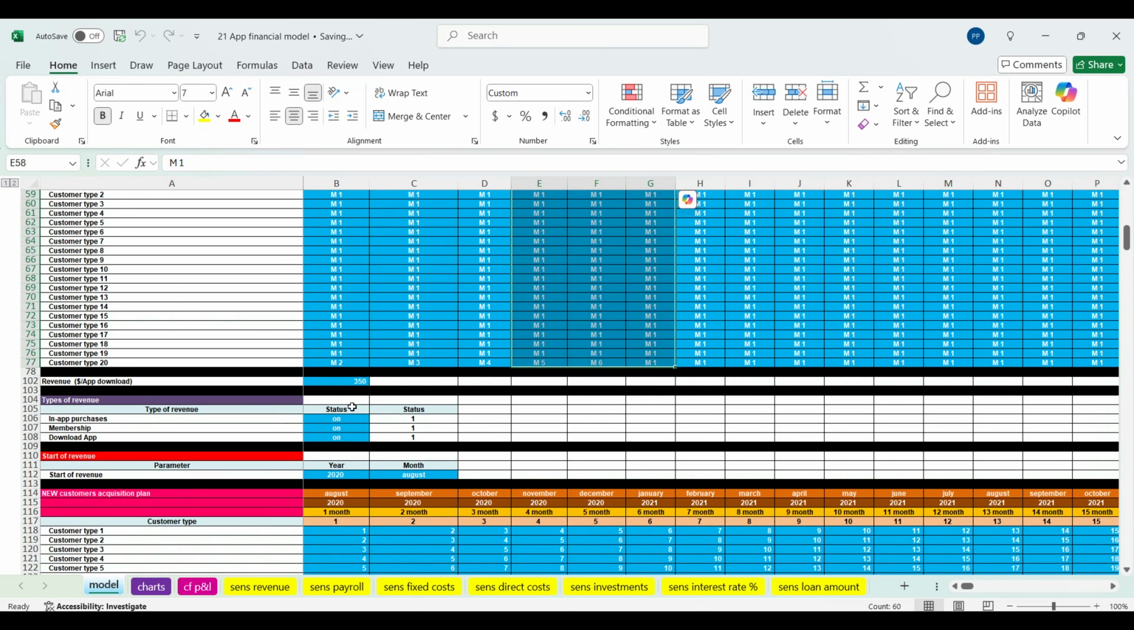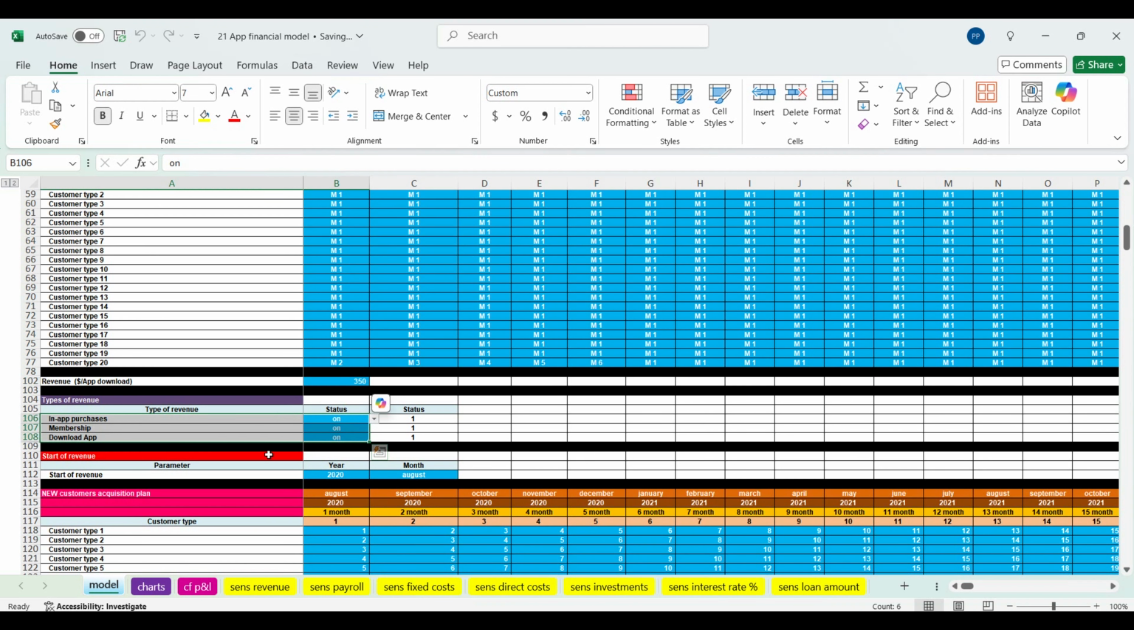Then moving to the next block of inputs, we may have or we may not have revenue when someone downloads your app from the App Store. For example, we can put 0 here or any other value, so we can specify it here. So this is the type of revenue that we may have or we may not have. Moving forward,